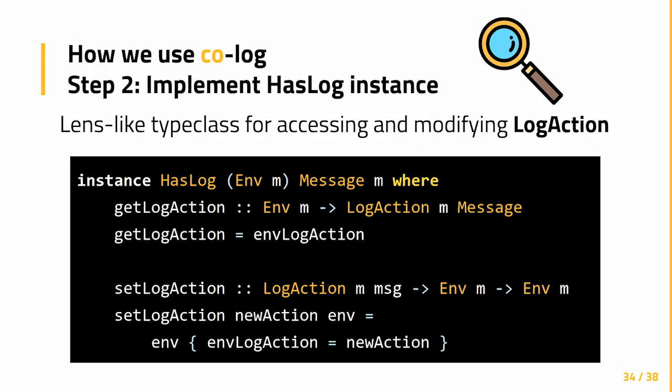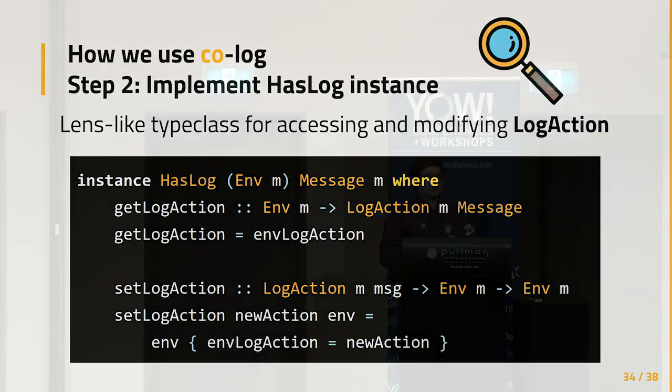The next step is to implement the HasLog instance. It has three type variables: the environment, the message data type, and the monad m, where we are going to log. This is a lens-like data type. It has a getter and setter, basically. In order to implement this instance, you need to tell how to get the log action from your environment, and how to set it. So you can change your environment, use a new log action, and apply all the functions that